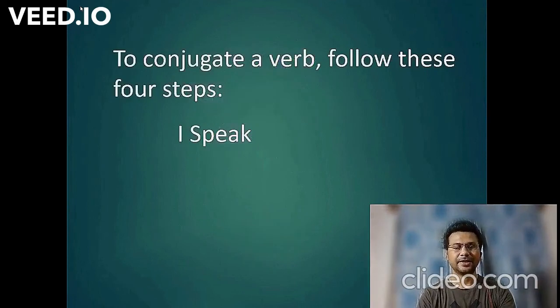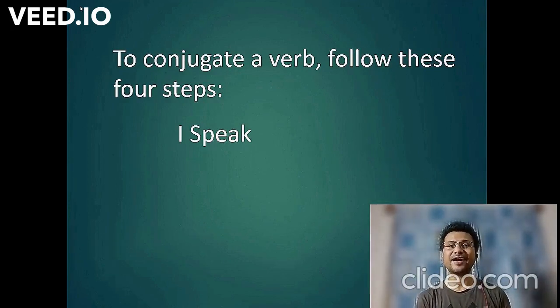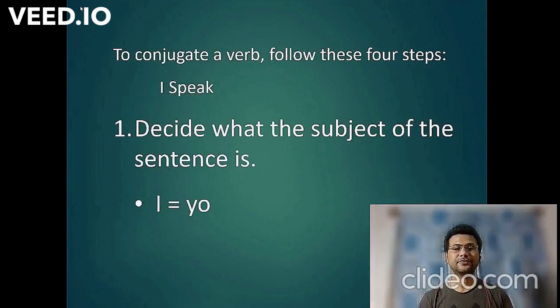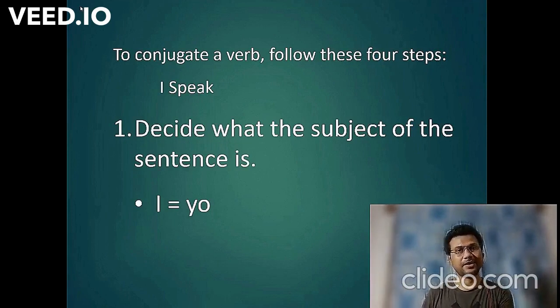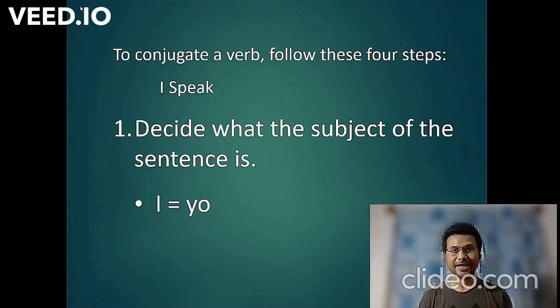It's very easy. Let's conjugate this verb, I speak. What is the infinitive form of to speak? It's hablar. So the stem will be habl and the ending is ar. To conjugate, you remove the ending of the infinitive form and add the new ending. For I speak, yo, it's going to be hablo. For tú, hablas. Él, ella, usted, habla. Nosotros, hablamos. Vosotros, habláis. And ellos, ellas, ustedes,